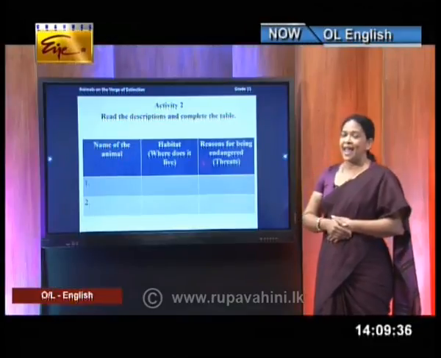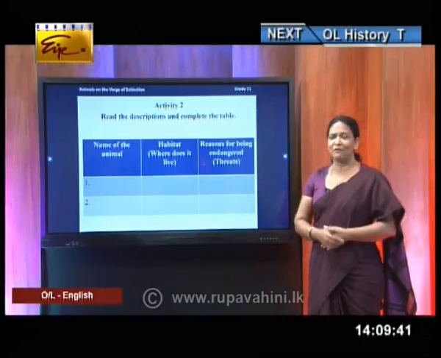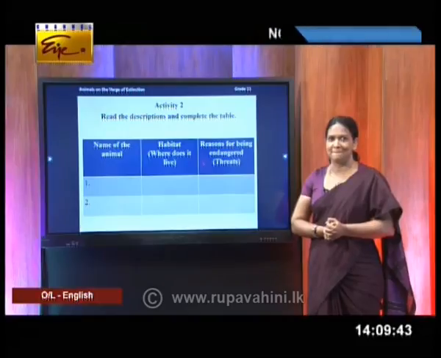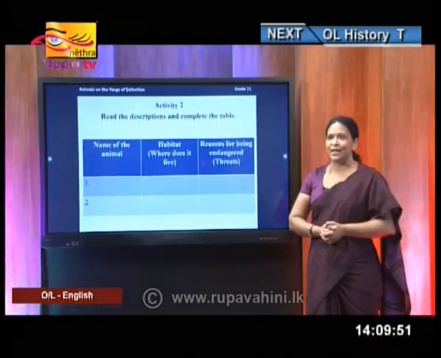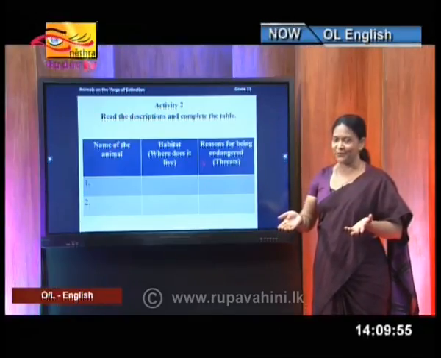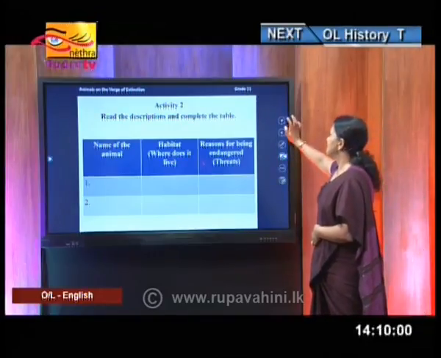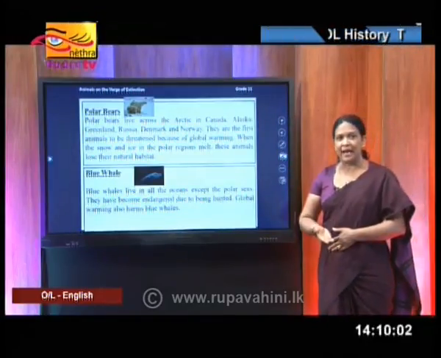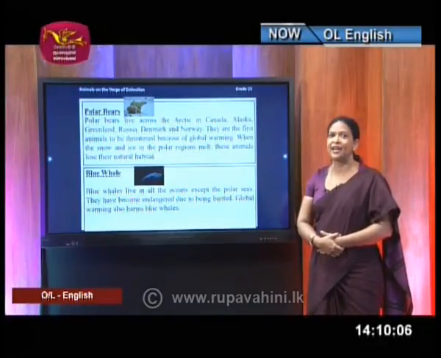All right. And the other thing, I have given you 2 rows. What does that mean? You guessed that correctly. Good. Yes, of course, there are 2 animals mentioned in this text. So, are you all ready now for the next activity? Hope so. Here is the second text. Now, this is the time for you to read the text and find out the information required.